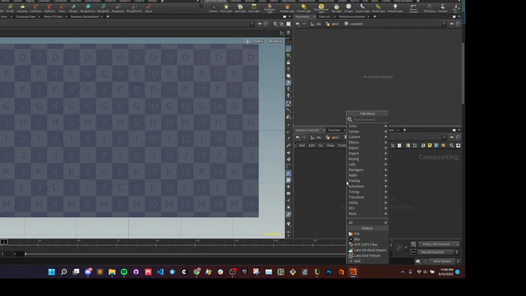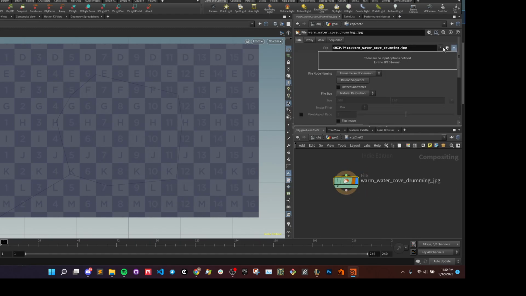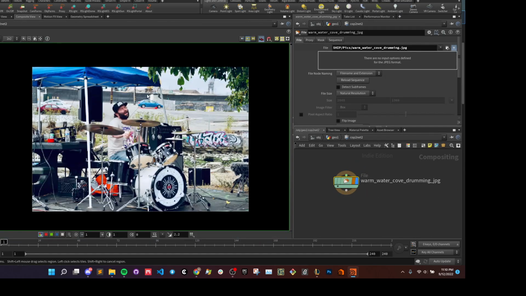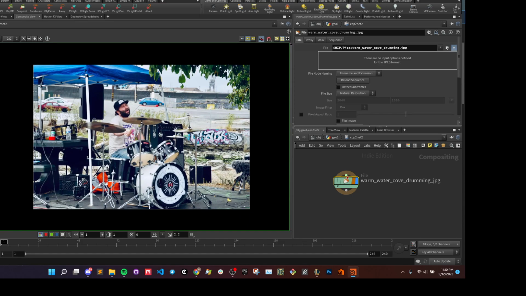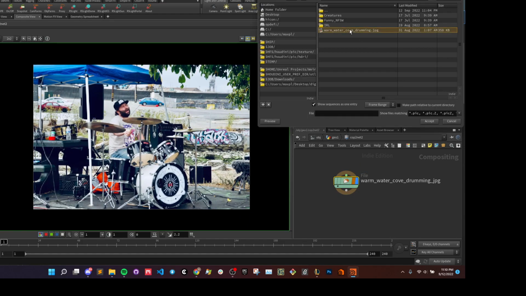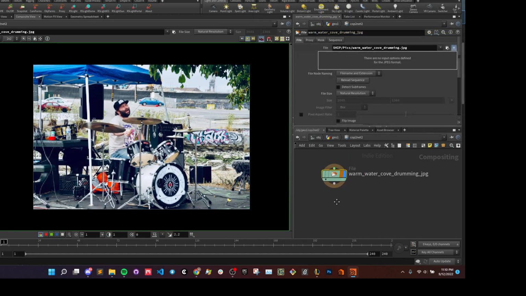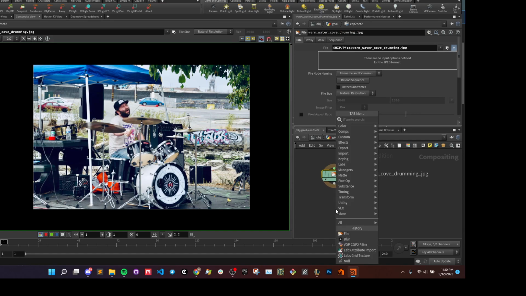And inside here, we're going to bring in our original image again. And now we can actually go to the composite view. We can see our image here. This is already loaded up here. And then, what we're going to do is we're going to be manipulating our image using a VOP Cop2